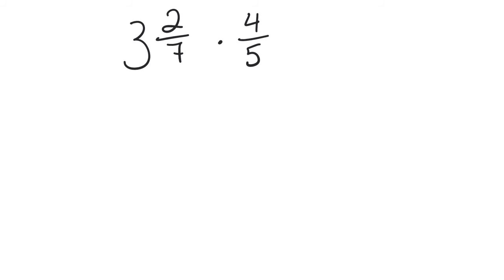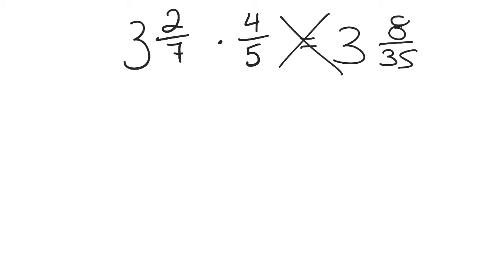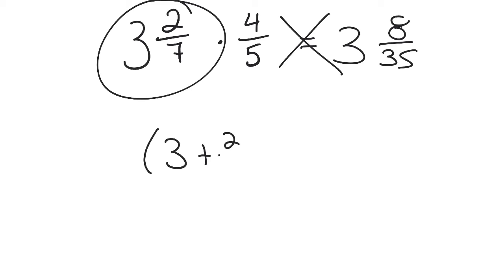Okay, the mistake that most people make when multiplying a mixed number times a fraction is they think that they only have to deal with a fraction. So some people like to say, oh, well, this would be 3 and 8/35. But you would be wrong if you think that. That is not how we solve them, because you have to think that this right here is actually 3 plus 2/7